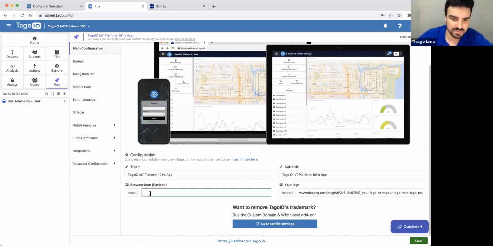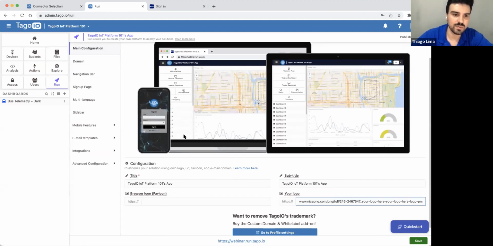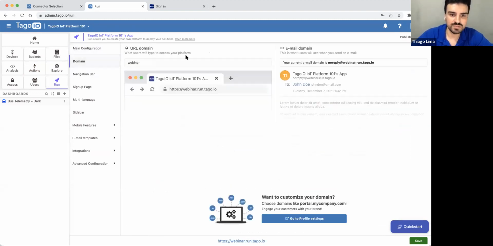I can select my favicon here to be changed on the top of the screen. My logo, I can select my logo to come here on top of my sign up page, for example, right? My domain, so Fabio talked about this as well. When you have a starter account, you can already change your subdomain. So in my case here, I did